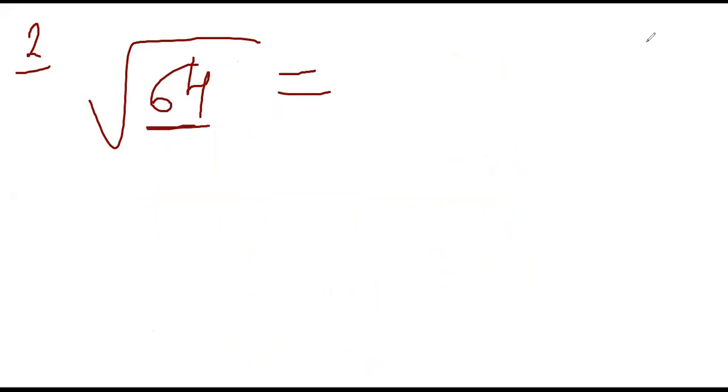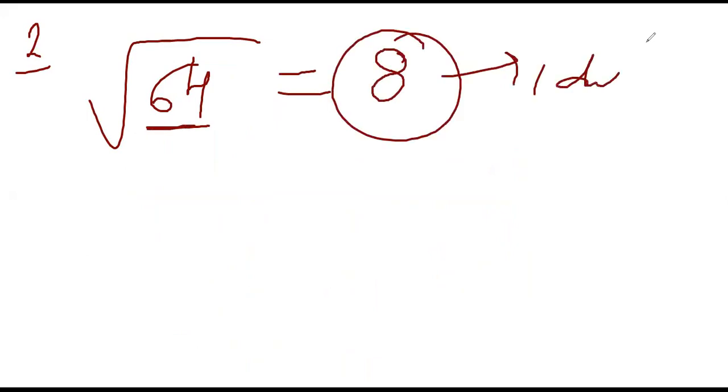You have to tell the number of digits in the square root of the given number. Like 64 is given, you have to tell how many digits the square root of 64 will have, but without calculation. If you go by calculation, the square root of 64 is 8, and 8 has 1 digit, right? But you have to tell without calculation.